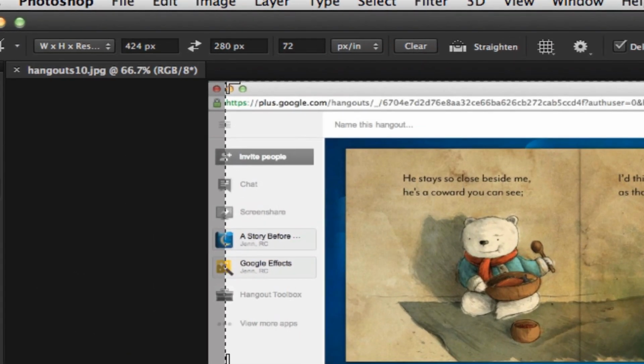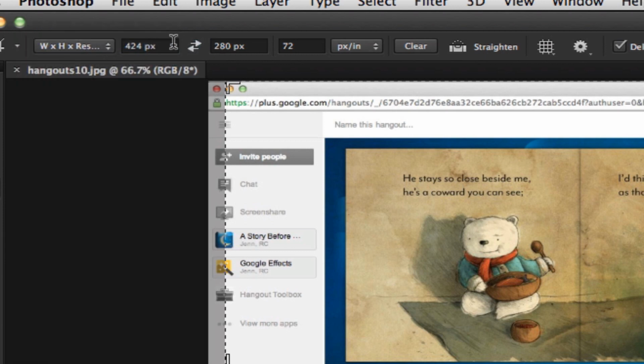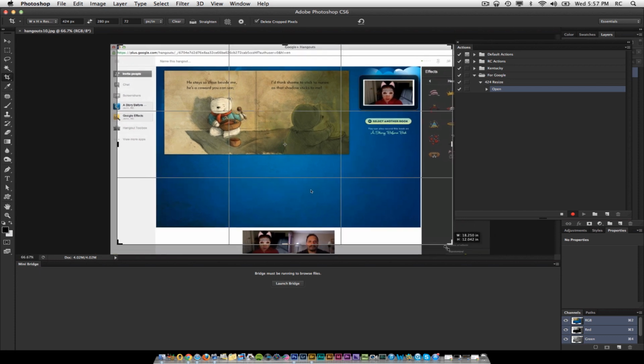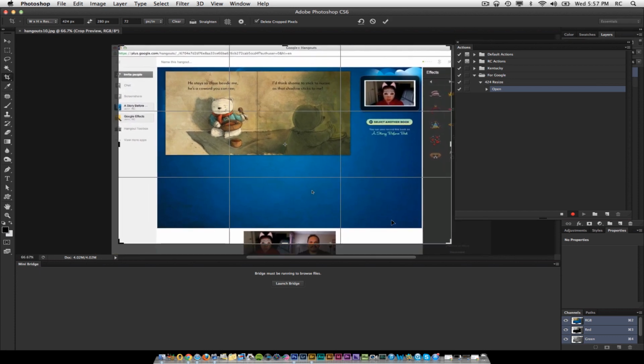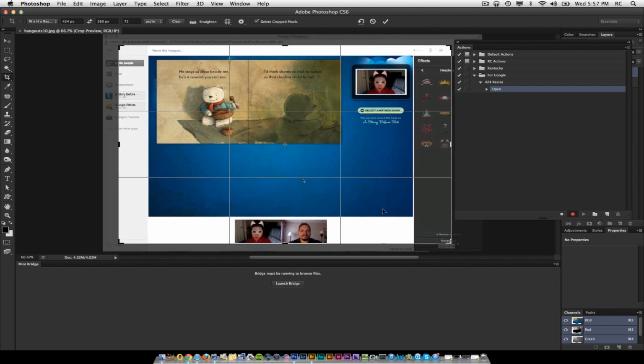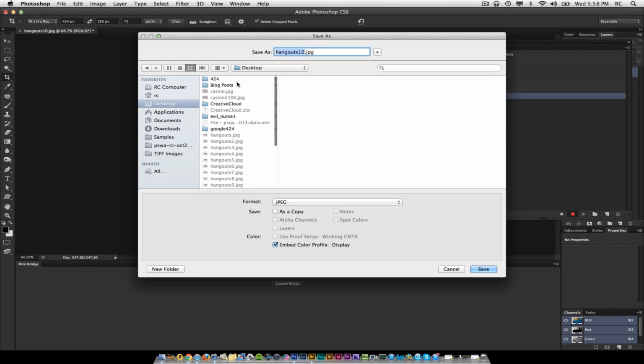I'll use that. Now, from here, I'll go to Width, Height, and Resolution, and I'm going to set it to 424 pixels by 280 pixels, 72 dpi. Now, 72 pixels per inch. I'll find more or less kind of the crop that I'm looking for. Again, it doesn't really matter what I'm doing with this picture because it is a sample. I'm going to hit the Enter key, and you're going to see that it did a file open, it did a crop, and now what I'm going to do is a file save as,